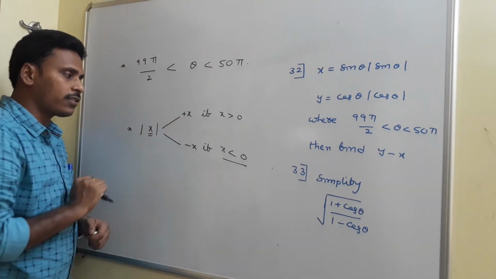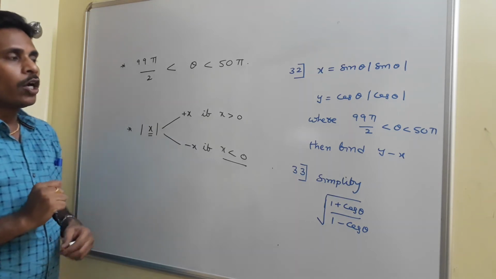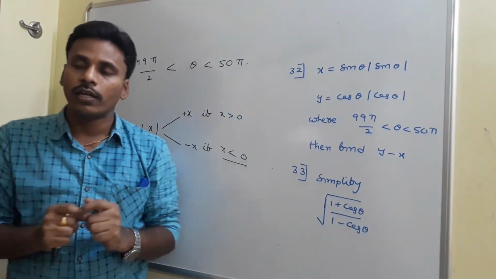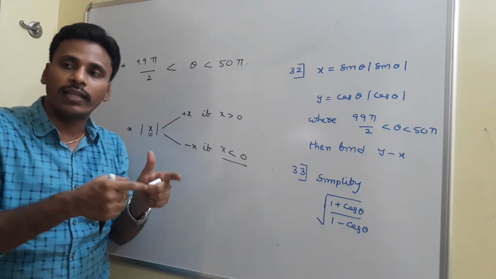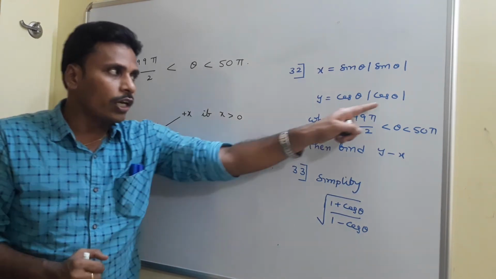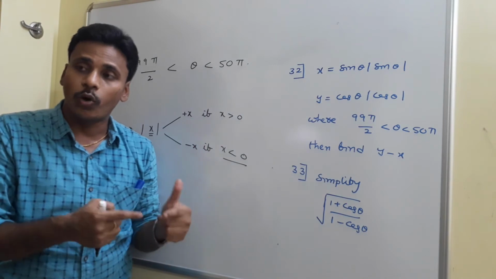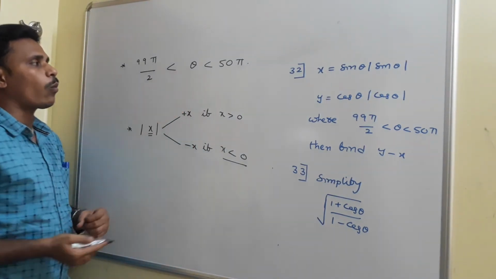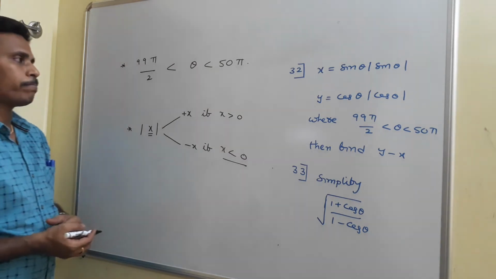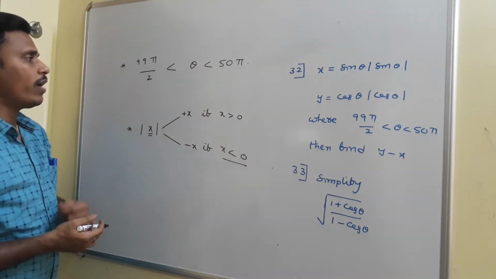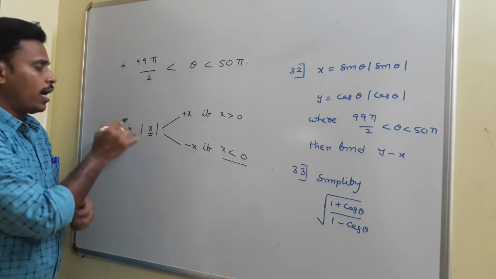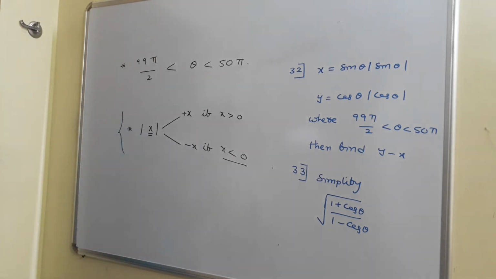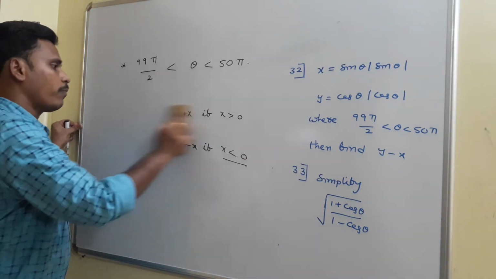Once again, have a look at this. So, to remove this modulus of sin theta, you need to think about sin theta, whether it is positive or negative. You need to think about cos theta, whether it is positive or negative. For that, you need to identify the quadrant where this theta is located. Then look there where this theta is located. And this is the definition of modulus, and I am searching for the quadrant where my theta is located.